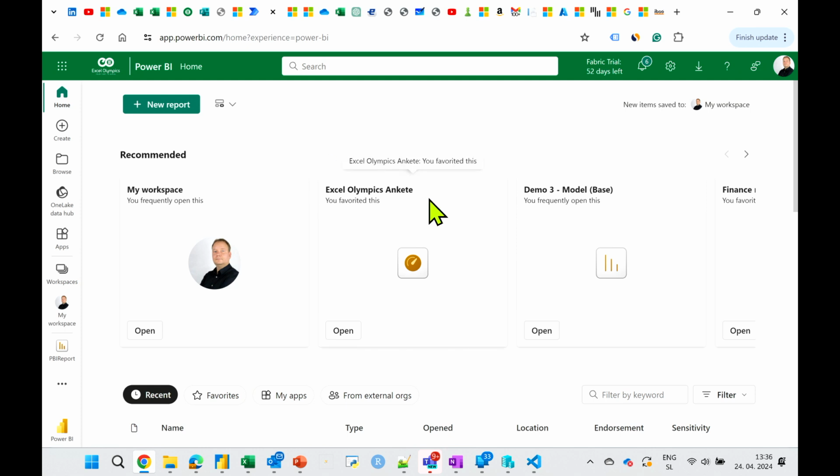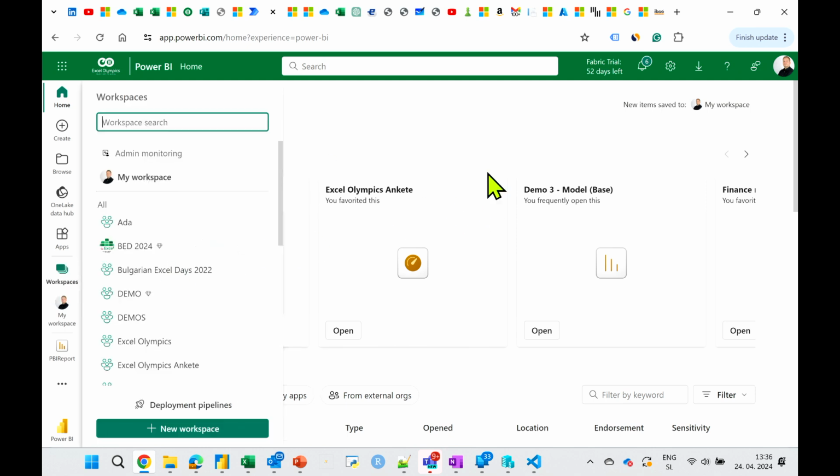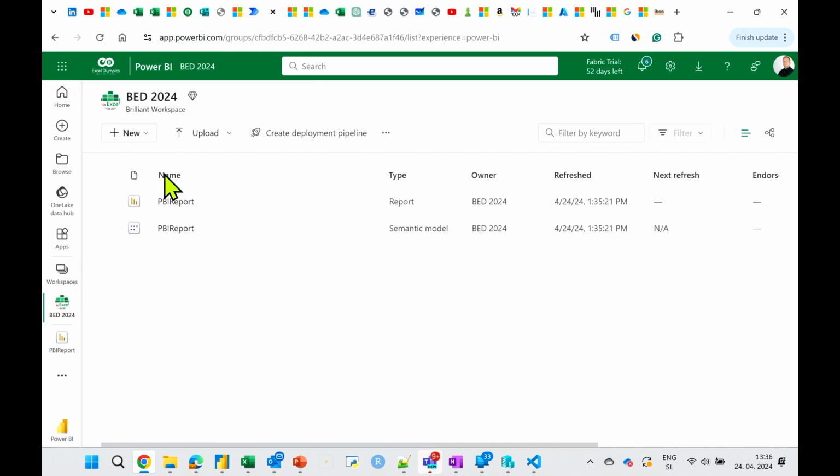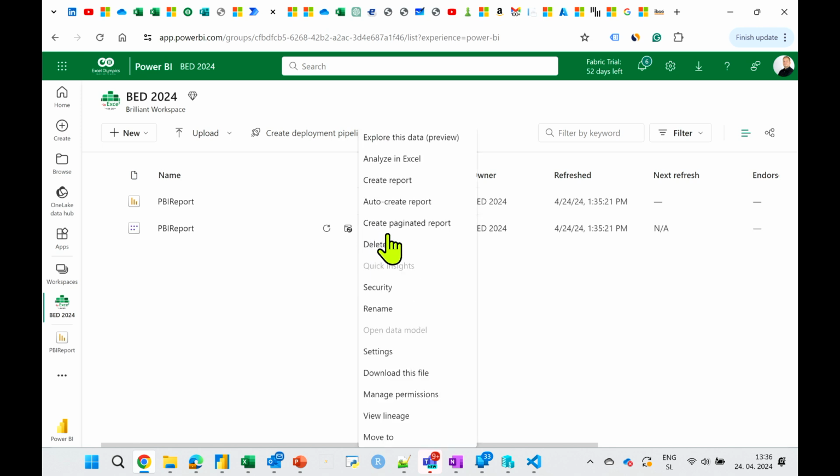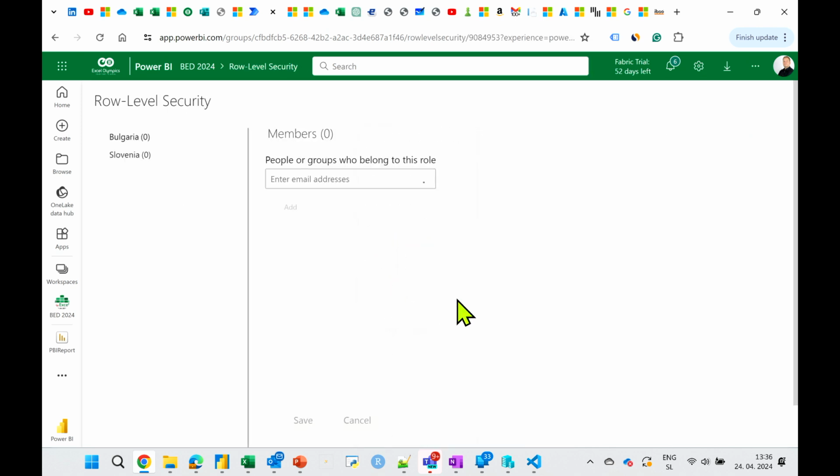But it kind of gets better because what I'm doing here is building these workspaces. I've got my Bulgarian Excel Days workspace, and I've got my data set, and I could now deal with security on this data set.